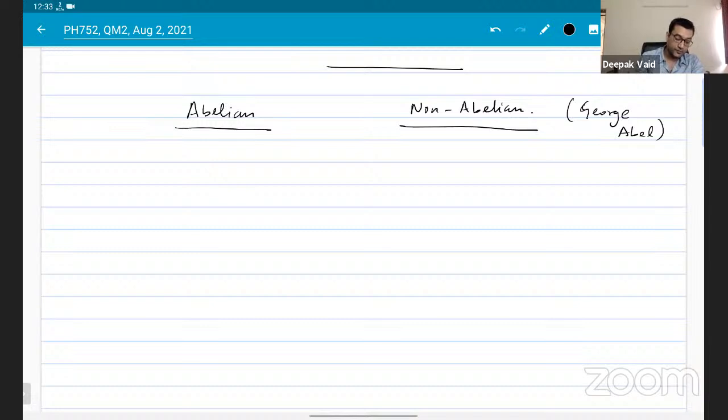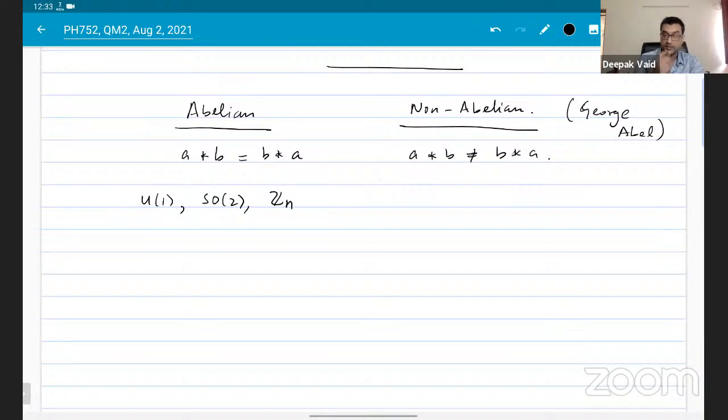So in an abelian group, if you take any two elements, the group multiplication is commutative. So the order of elements doesn't matter. In a non-abelian group, this is not true, right? So an example of an abelian group, for instance, is U1, SO2, or Zn. These are all abelian groups, right? An example of a non-abelian group is